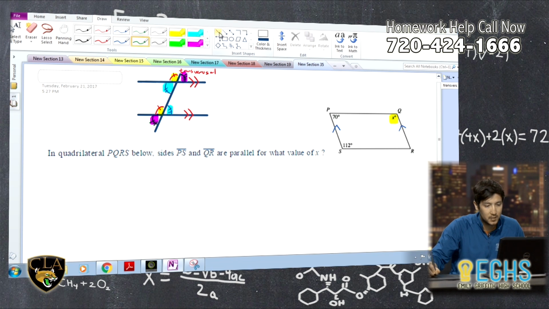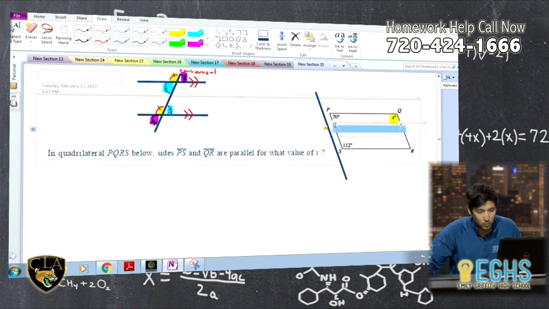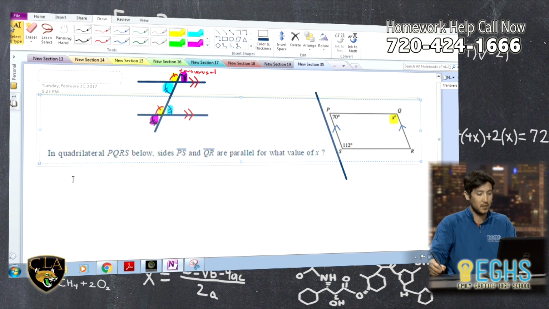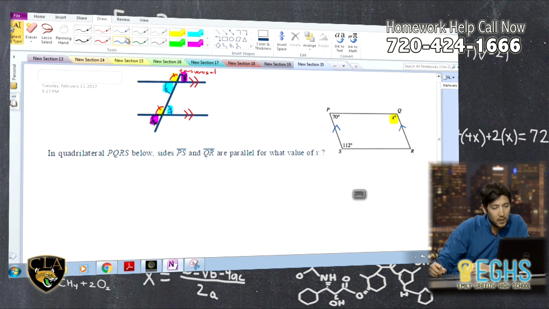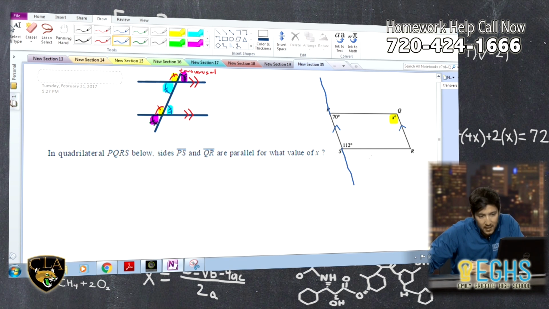So what I like to do at first is I just extend these lines that I want to be parallel. It makes it more similar to what you've been looking at, which is always, nope, I can't move that, so I'm going to have to redraw it. Which is always helpful because if you're more familiar with this kind of figure, then it makes it easier to relate what we were talking about. Let me just extend that like that. Now, we also want to